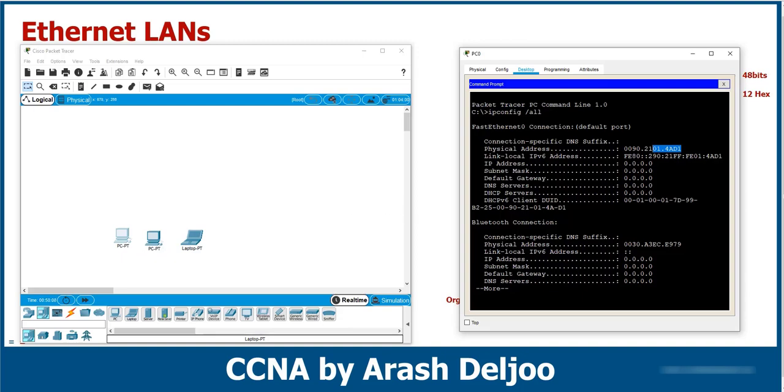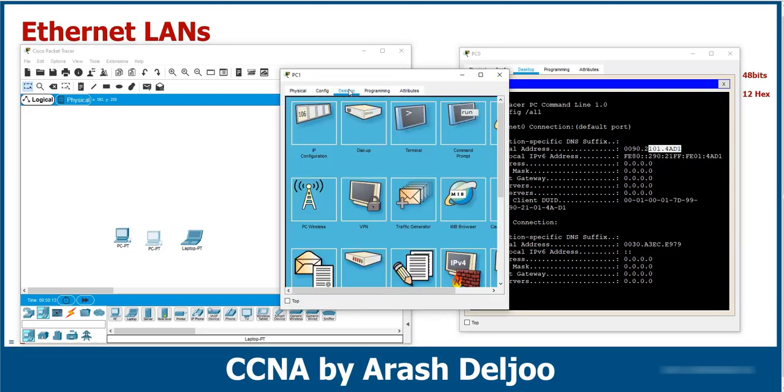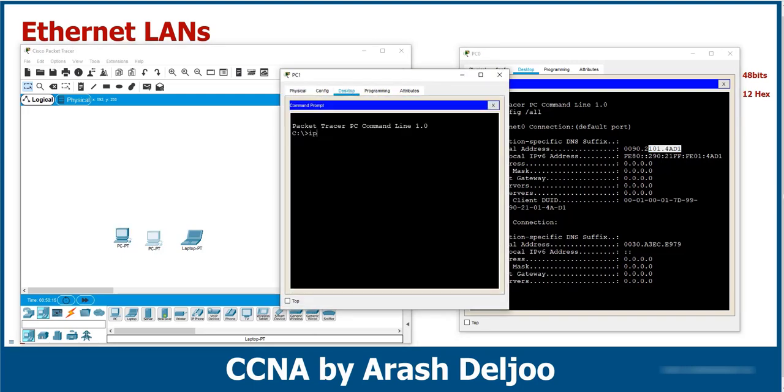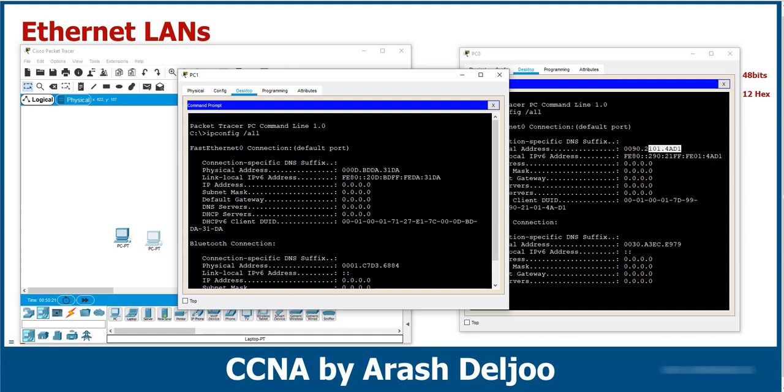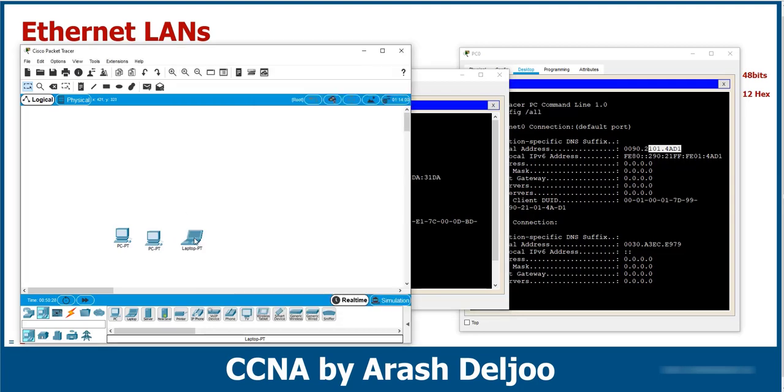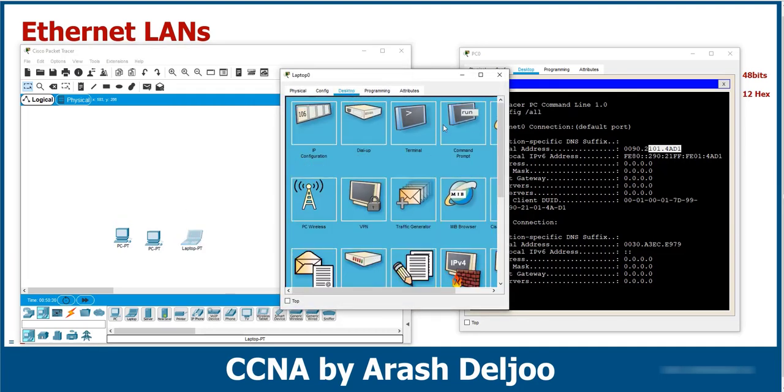Let me compare it with the MAC address of the next PC, PC2. Look at here again, ipconfig /all. Look at here, the MAC address now is different, as you can see, and we expected it. Also, the OUI is different here. And let me show you the MAC address of this laptop. Again, here,